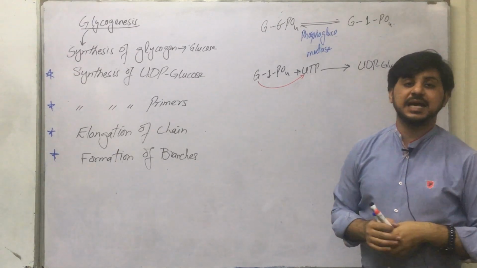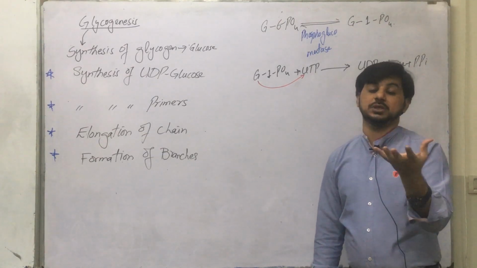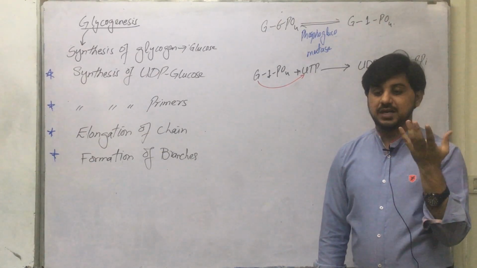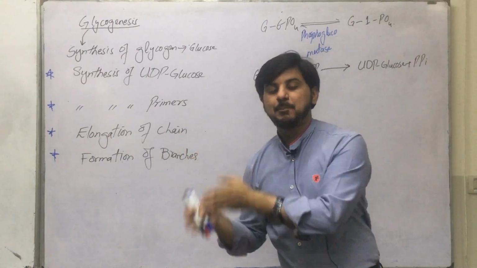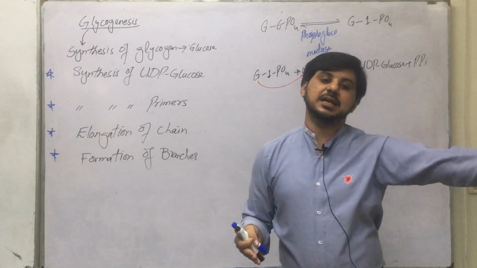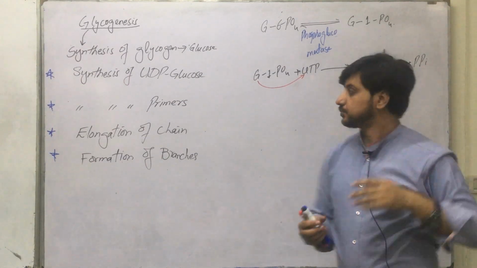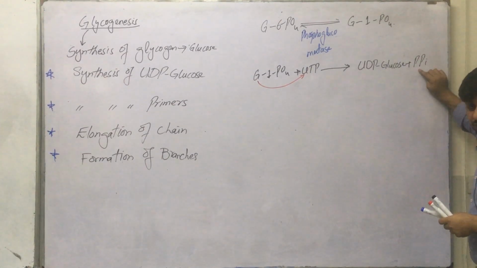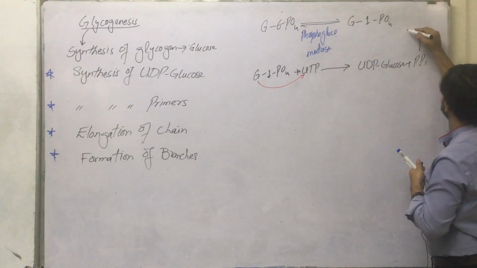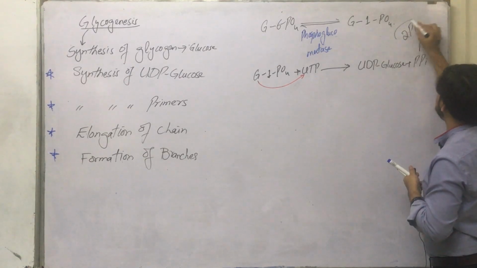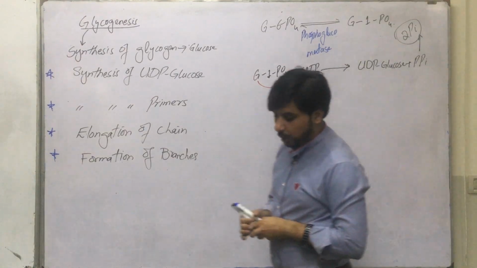In other words, we can say that this UDP is a carrier, a transporter, or a vehicle which is transporting the glucose to the primers to synthesize the glycogen, to elongate the chains of that glycogen molecule. And this pyrophosphate is hydrolyzed into inorganic phosphate. And what about this UDP glucose? Now,